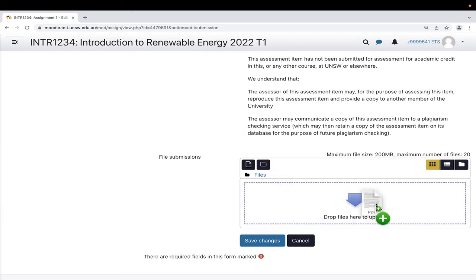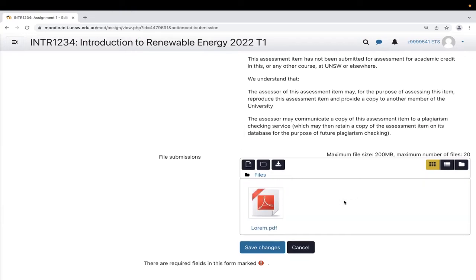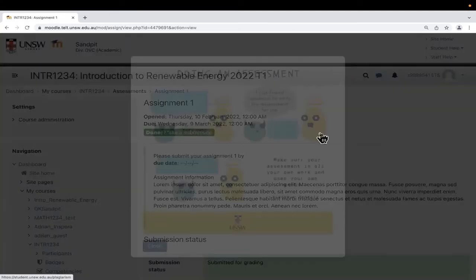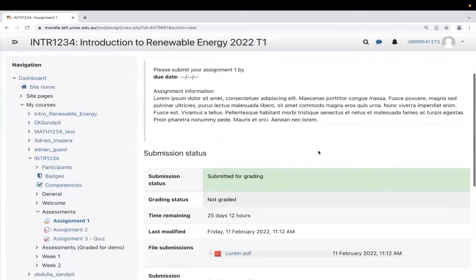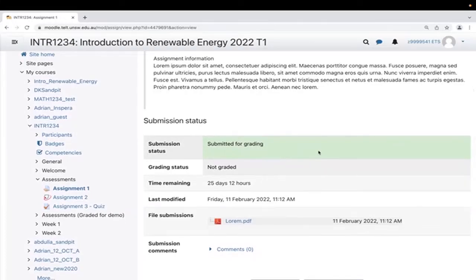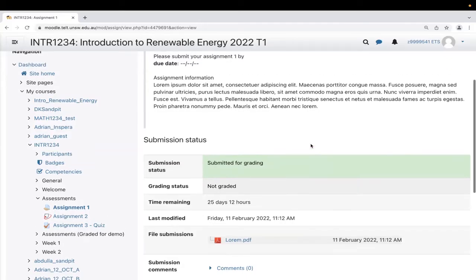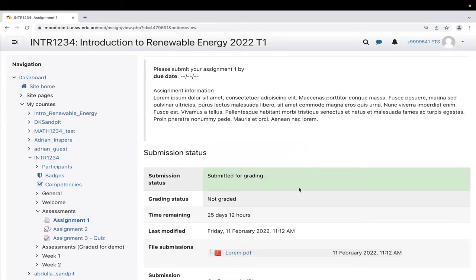Right here. So to upload the file, all we need to do is drag the file in, or we can even click this little search icon on the top left to search a file up in our browser. But the idea is that we just upload our file, press save changes, and we would have submitted to this assessment task. So it's really as simple as that when you are submitting. Once you are submitted, you'll see the submission status go to submitted.